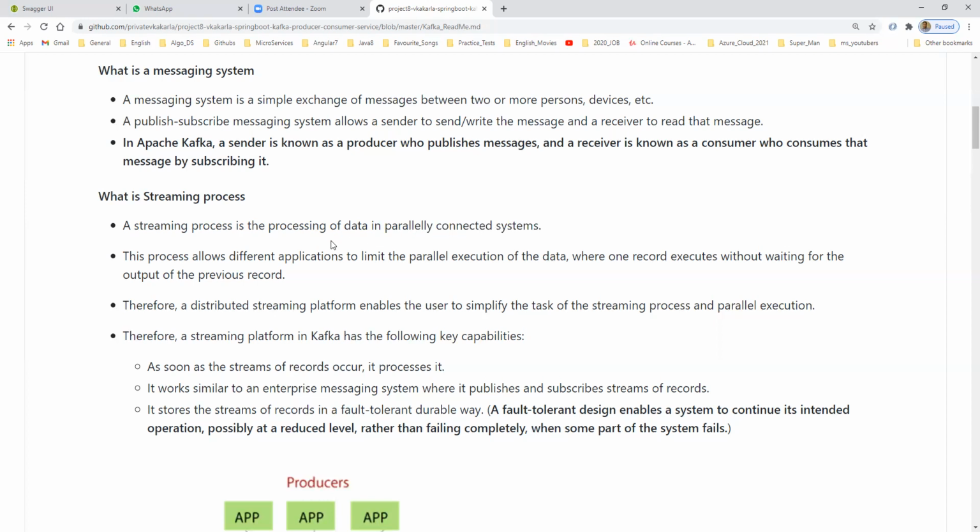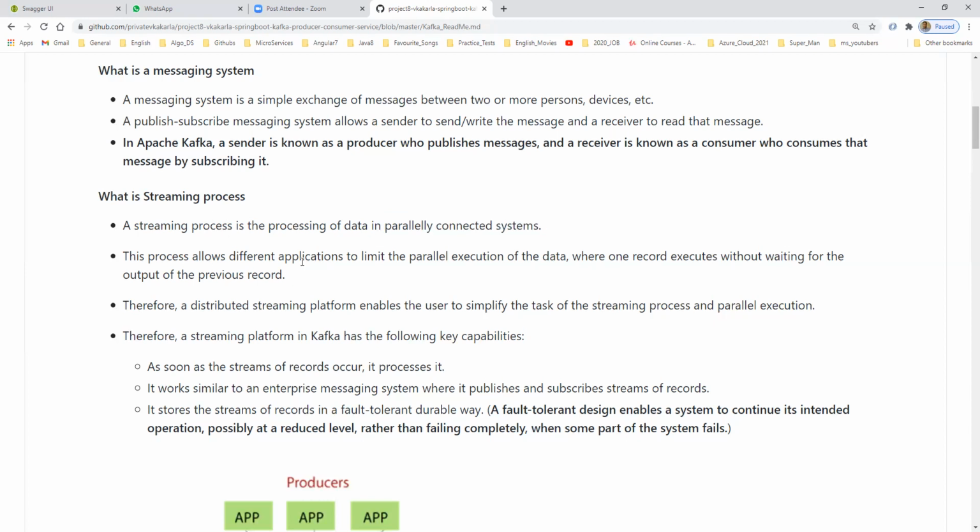So whenever I publish data in the Kafka cluster, Kafka server or Kafka broker, I will tell you what a broker is later. As of now, assume it is the Kafka server. The subscribed people also get it in the parallel connected system. Fine.